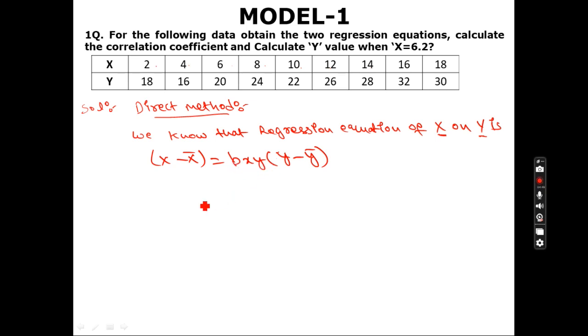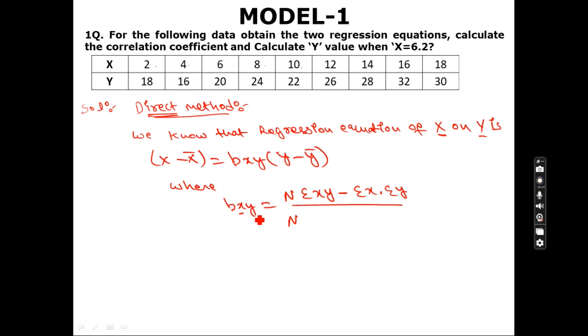So this way you can remember the formula. So now you remember, which method are we using? Direct method. When you are using the direct method, bxy can be calculated by using n into summation xy minus summation x into summation y, divided by n into summation